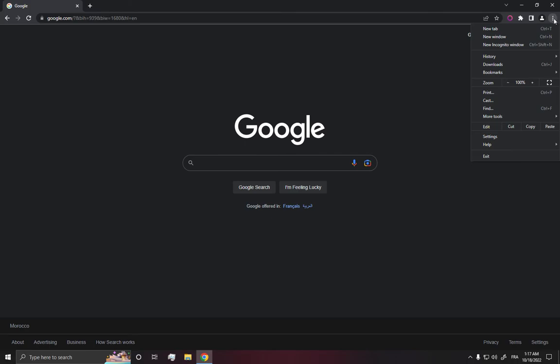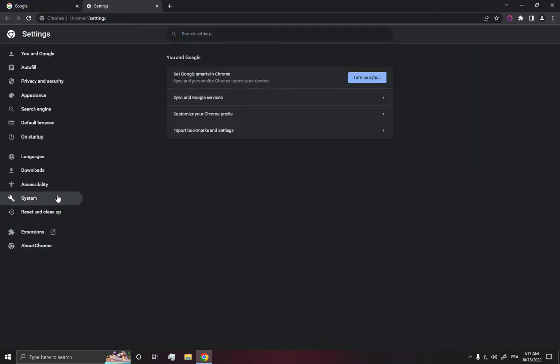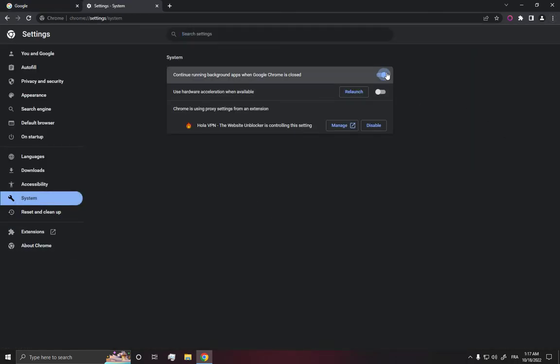And after that, click again here, go to settings, go to system, and make sure to disable this option and this option too, and click on